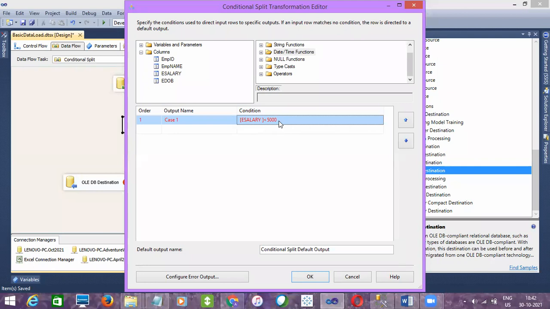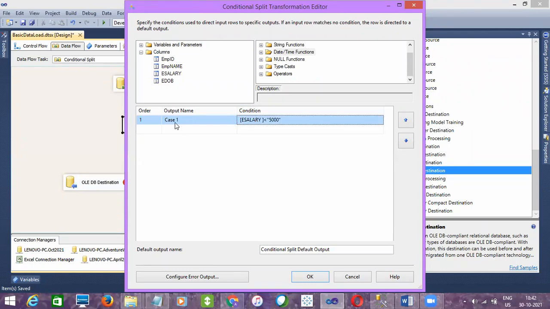No, still it is red. So in SSIS you have to give values in double quotes, and if you want to give equals to, you have to use equals to twice in SSIS. If you give only once, it will not take it, it will throw an error.